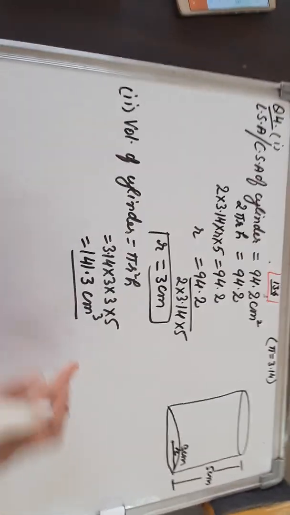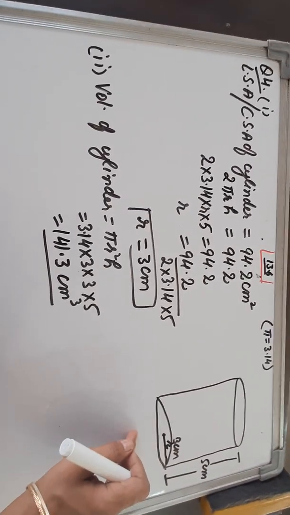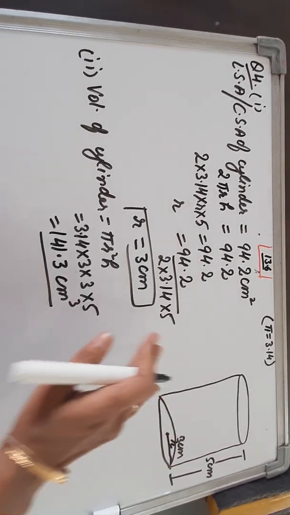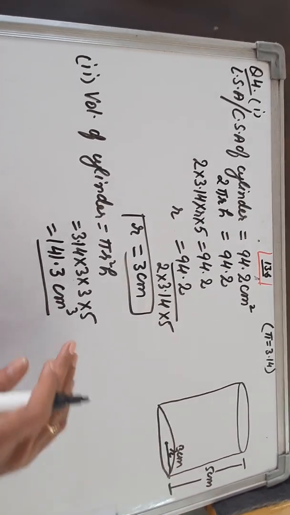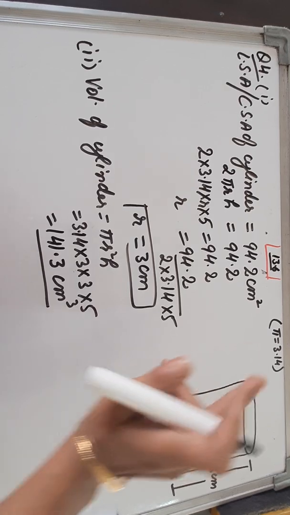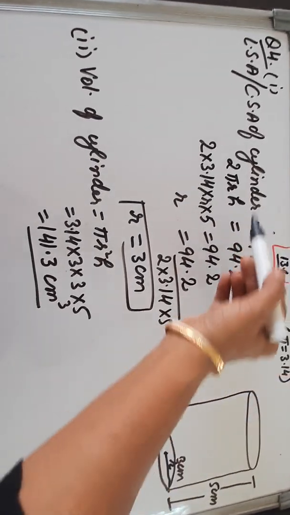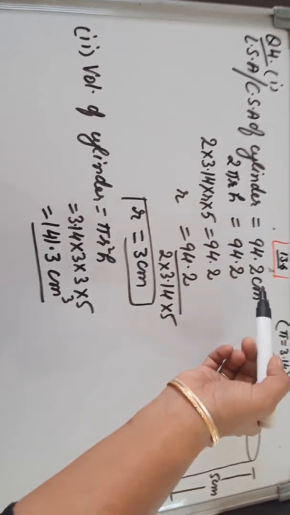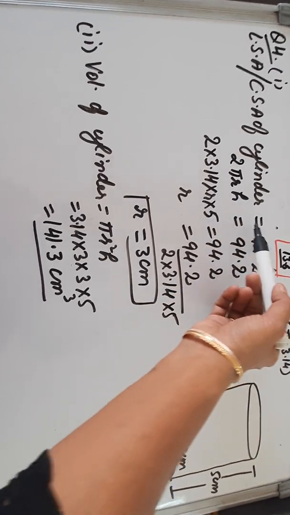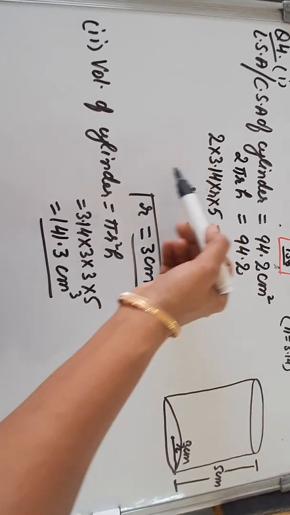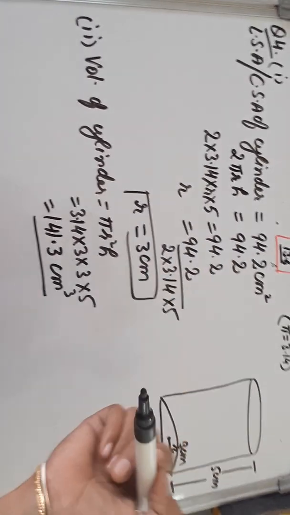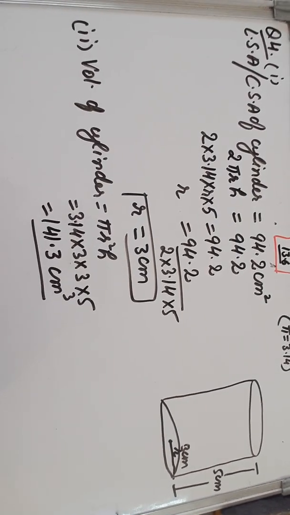So this will be the volume of this cylindrical container. So again the question is very easy. Once again I'm repeating, always start the question from the given part. If the given part is having some formula, then solve that first to get the unknown things automatically. So now let's move on to the next question.